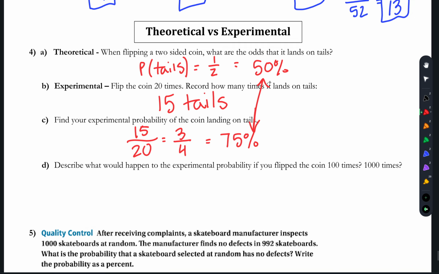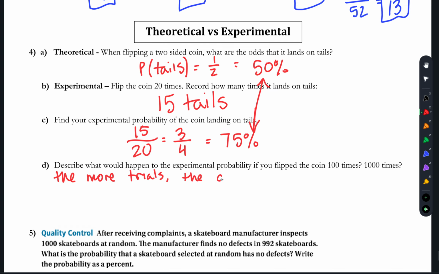Okay, now think about this. They're far off. What do we think is going to happen if we flip more times? What if we flip 100 times? What if we flip 1,000 times? What's going to happen to those percentages? They're going to get closer together. So we're going to say the more trials you do,